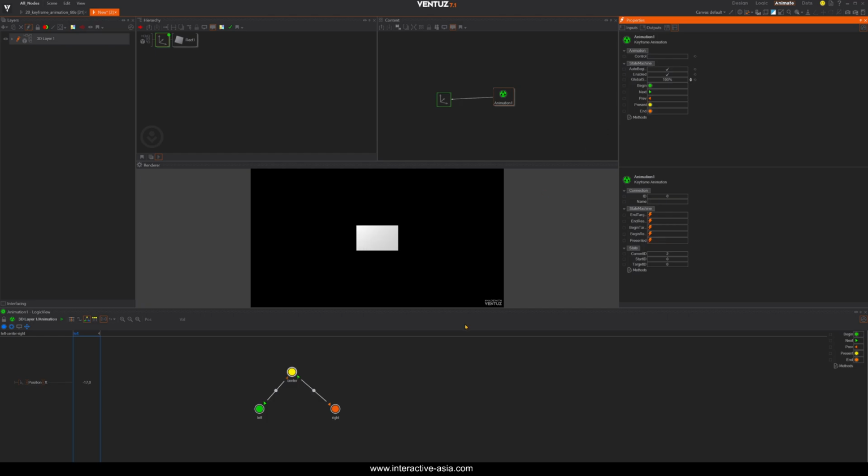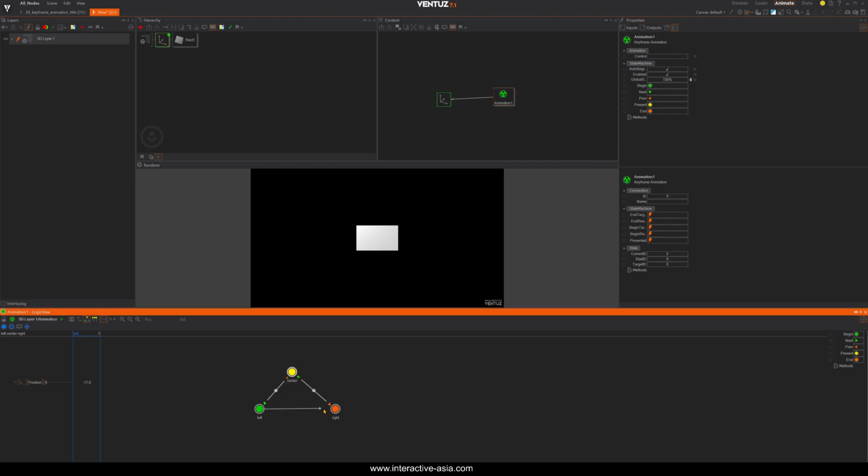But I also want to be able to go from the right side directly to the left. So to do that, I basically have to create one more binding. To do that, I simply right click and drag and drop a new binding from left to right. And as you can see, Ventuz also created a new slice now, because if we jump back to